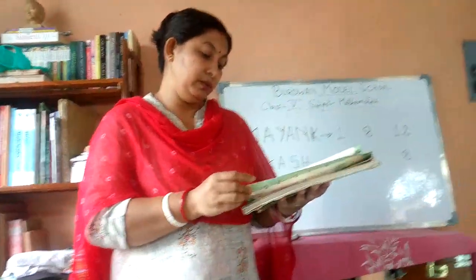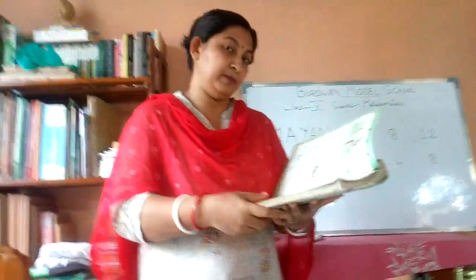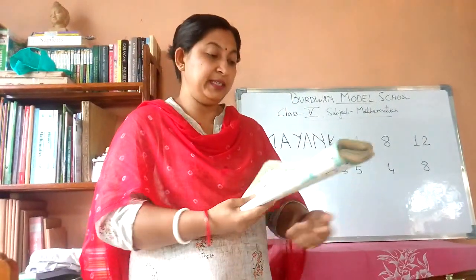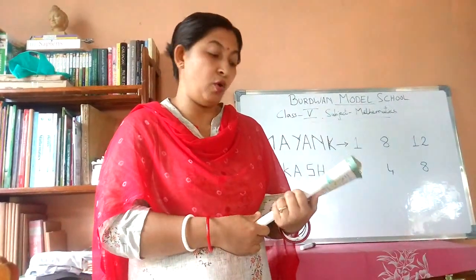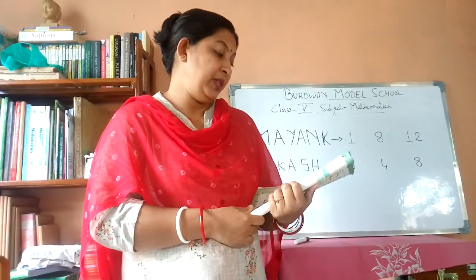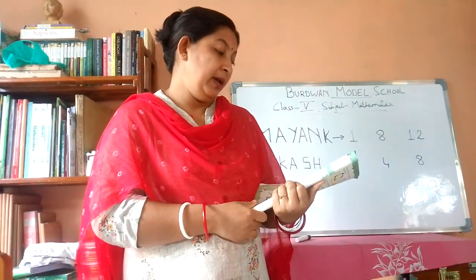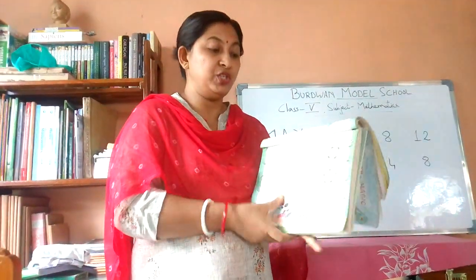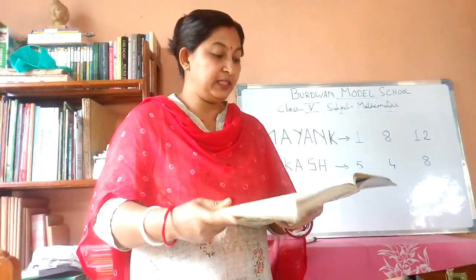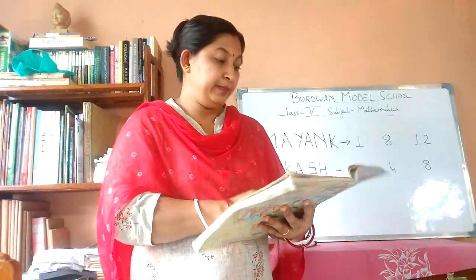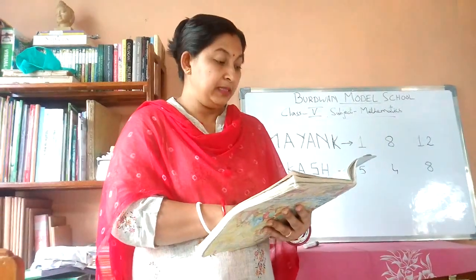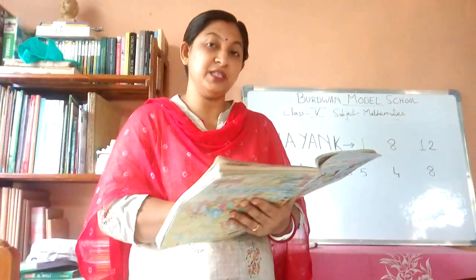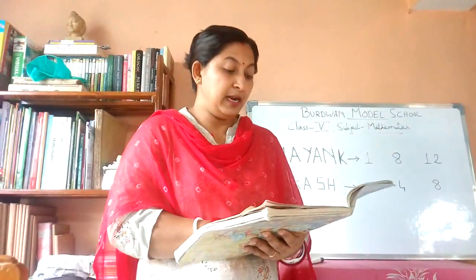Now come to the next page, page number 26. See here, 2 slides are drawn. The pictures of 2 slides in a park are given. And the question is, which slide has a larger angle? You have to find which slide has a larger angle. See, which one has a larger angle? The first slide has a larger angle. Okay, the first one which is given has the larger angle.